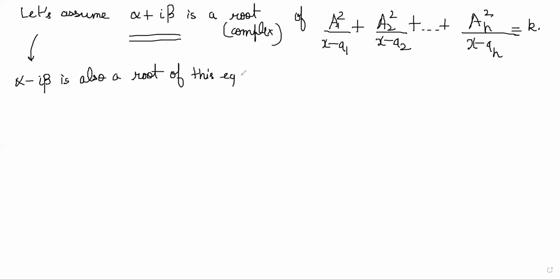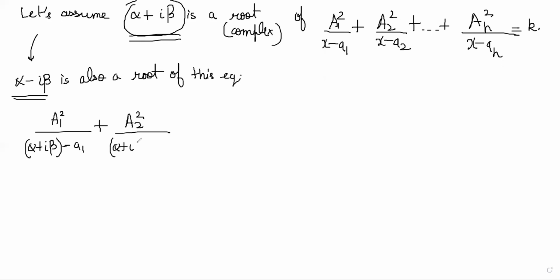Right? So what I will do is I will put alpha plus i beta for x everywhere. And then I will put alpha minus i beta for x everywhere. So I get equations like this: a1 square by alpha plus i beta minus a1 plus a2 square by alpha plus i beta minus a2, and so on till ah square by alpha plus i beta minus ah is equal